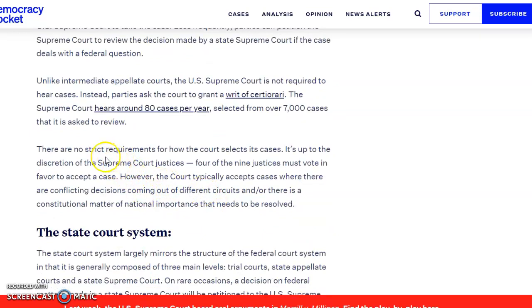And as it's pointed out, there's no real standard of measurement as to how the Supreme Court selects the cases it's going to handle. It's up to the discretion of the judges, and 4 of the 9 judges must vote in favor to accept cases. And the authors are correct when they say typically the Supreme Court accepts cases where there are conflicting decisions coming out of the different lower circuit courts of appeals, or where there is a constitutional matter of national importance. But I think, in fairness,